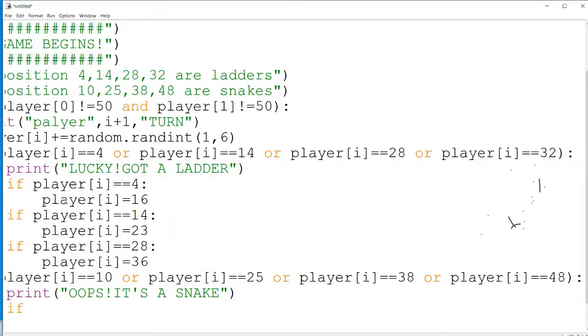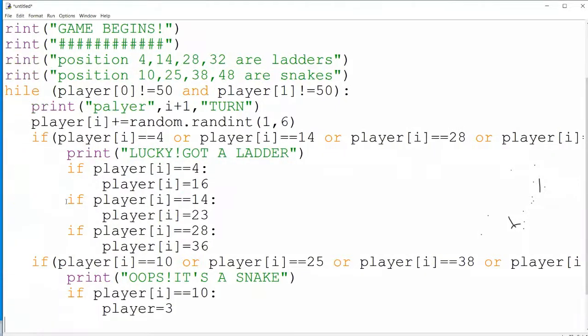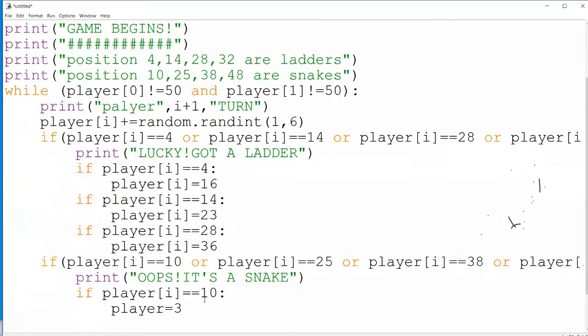Then followed by the if conditions. Now I need to find out the positions clearly. Suppose if player is in the position 10, maybe I wanted him to move to the position equal to 3. Okay, then one more if condition, similar conditions we'll write.